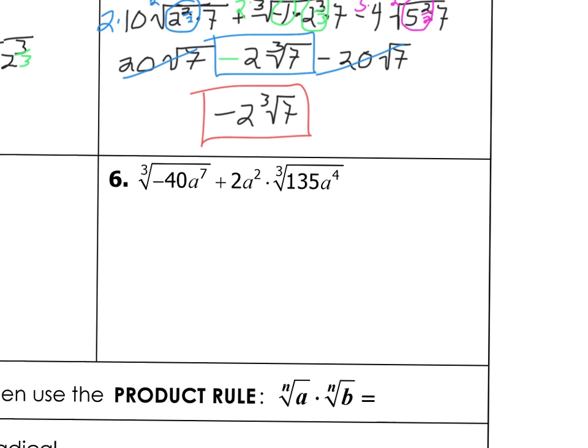All right, so as you simplify 40, the negative is going to be pulled out. So I have a cube root of -1 times, and then 40 is 8 times 5, so 8 is 2 to the third times 5, and then a to the 7th,